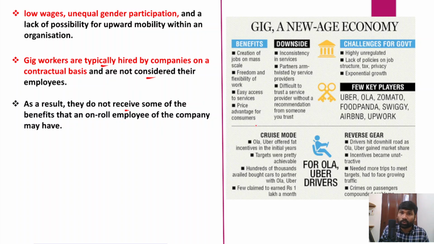You can pause the video and go through the benefits and the downsides of the gig economy. Now in this context, what should the government do? The government certainly needs to bring in regulations with respect to the gig economy, and the government should extend social security benefits to all the workers, and should also try to fix basic wages for gig workers. So regulation is very important. If there are no regulations, it will lead to the exploitation of the gig workforce. So there should be a proper regulatory landscape put in place here.